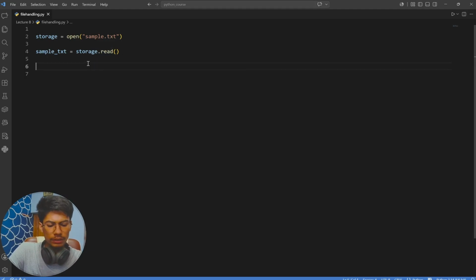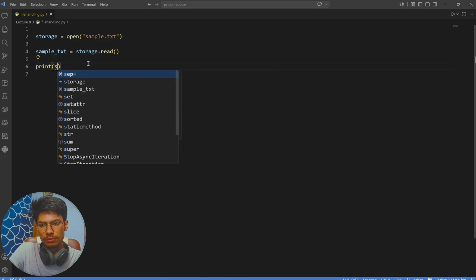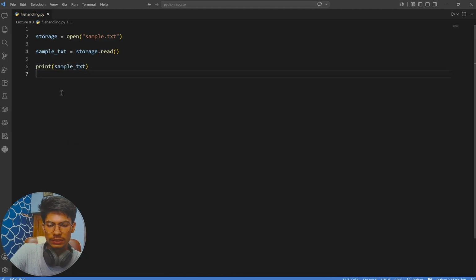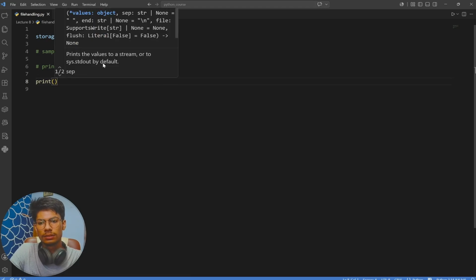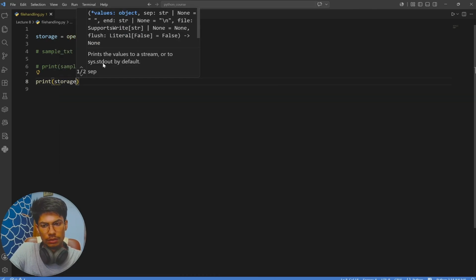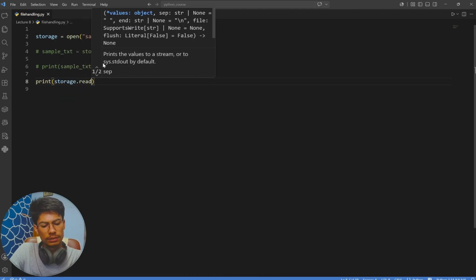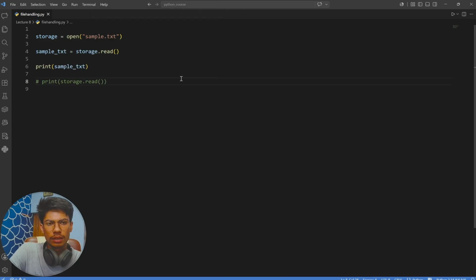And when you're going to print this sample text, we can actually see what is the data inside the storage. Now you might be wondering why do we actually need to do this much of task if we can simply do it this way, that is, storage.read. And the answer is yes, but suppose the power gets cut off in my region, and the system just shuts down